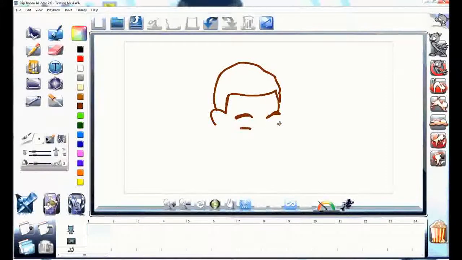The eye should be somewhere here, so and the lips and the ear. You could do as many as you want, and then you could save that in the library. That's the cool thing about this software. And then the eye,